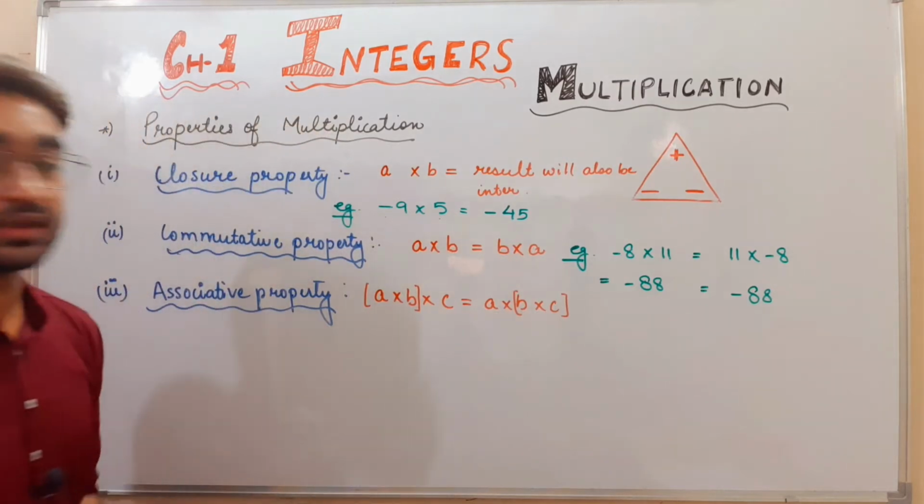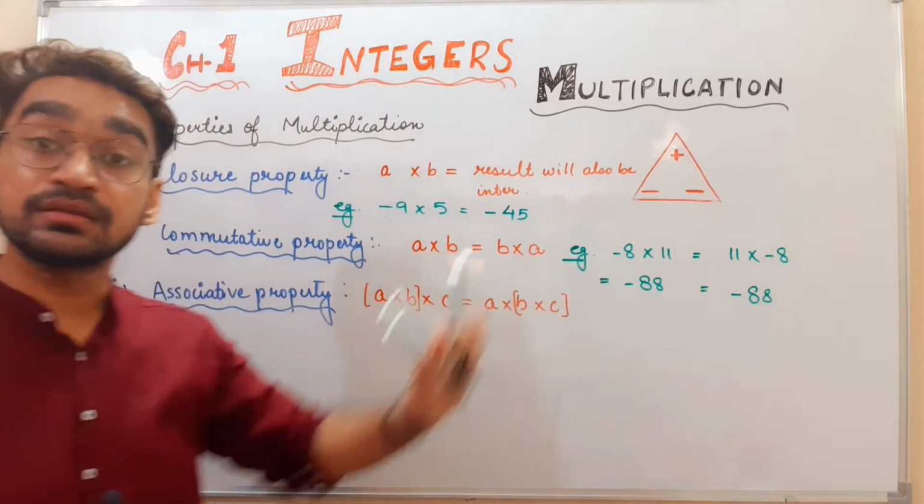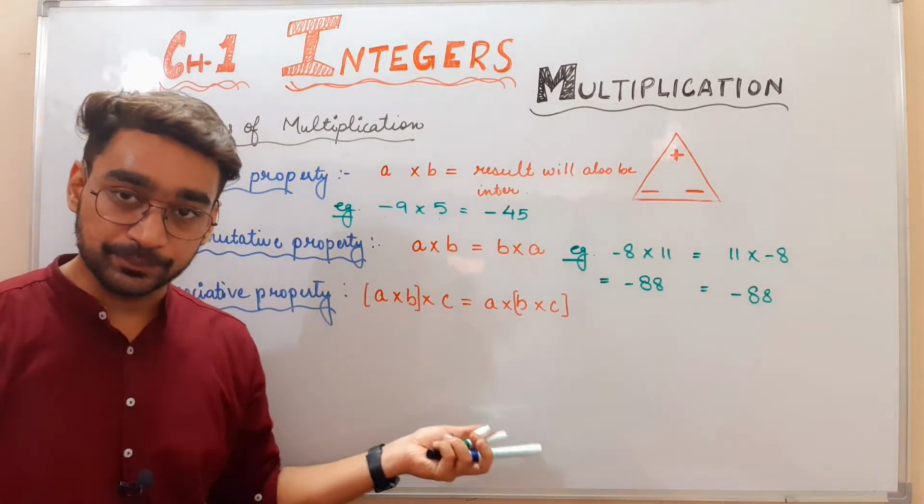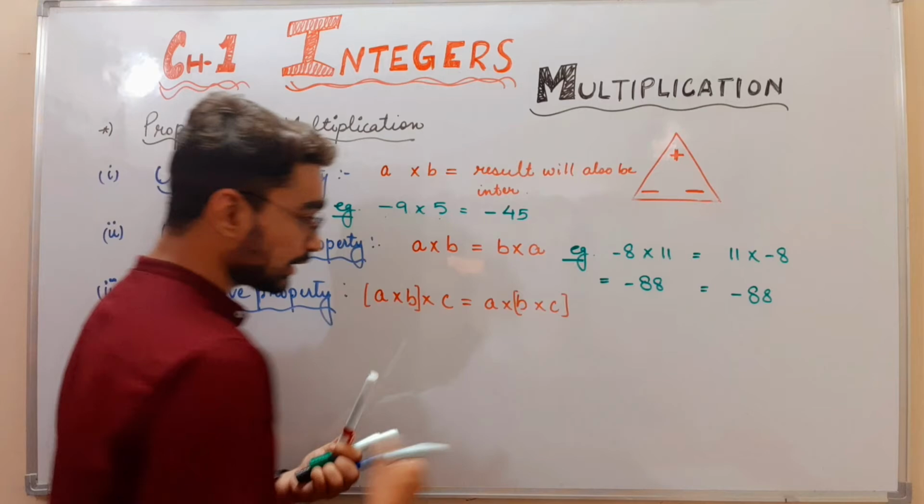The result will always be the same. It doesn't matter in what order you multiply them. For example,